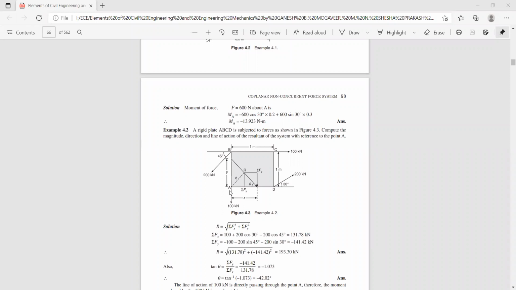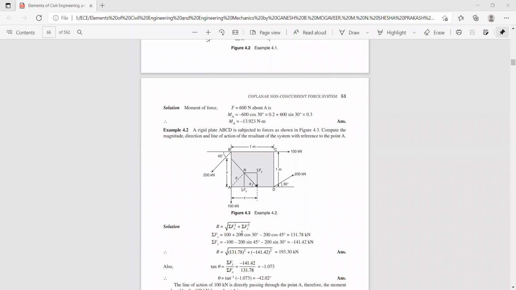So this is okay, minus 100 minus 200 sin 45, it is also acting in the downward direction, plus 200 sin 30. So instead of minus, it should have been plus 200 sin 30. So these are some of the mistakes in most of the textbooks because of the printing mistake. It's wrong. If the force would have been in the other direction, then the vertical component should have been negative. Here it is in the first quadrant, so both f of x and f of y are positive. Don't worry about this, you always go with the basics.